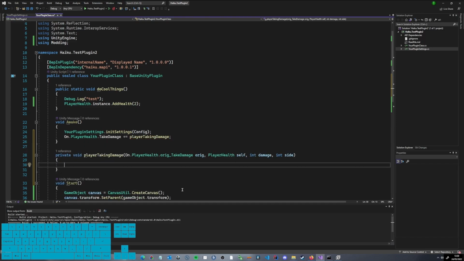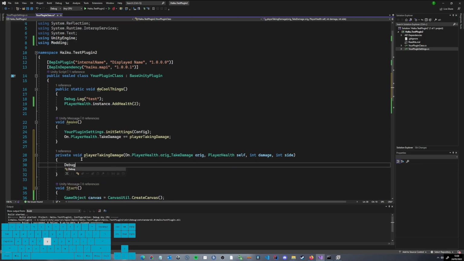It's something funny that we could do, and I'm just gonna try that out. We're gonna call the original method with the self parameter because we have to, and instead of the damage that it's getting, we're just gonna give ourselves 0 damage, and we're just gonna pass the side as it is.